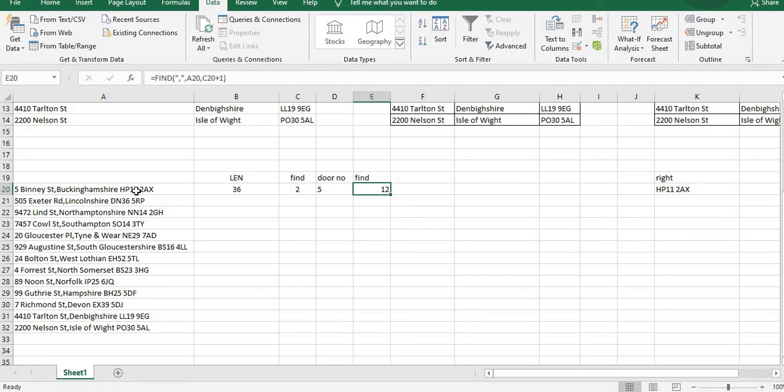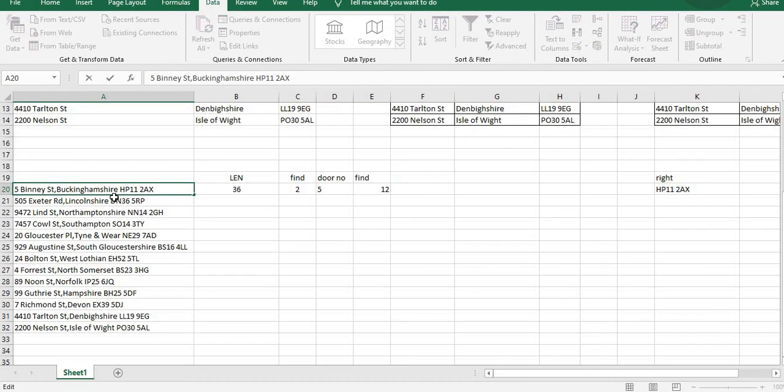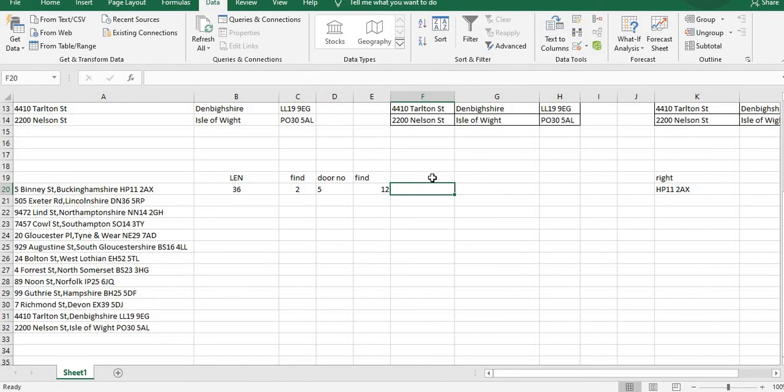And then that's saying that the comma appears as the 12th character, which let's just count that in. 1, 2, 3, 4, 5, 6, 7, 8, 10, 11, 12. So that's correct, yeah. And now what we want to do is I'm going to use a mid formula to